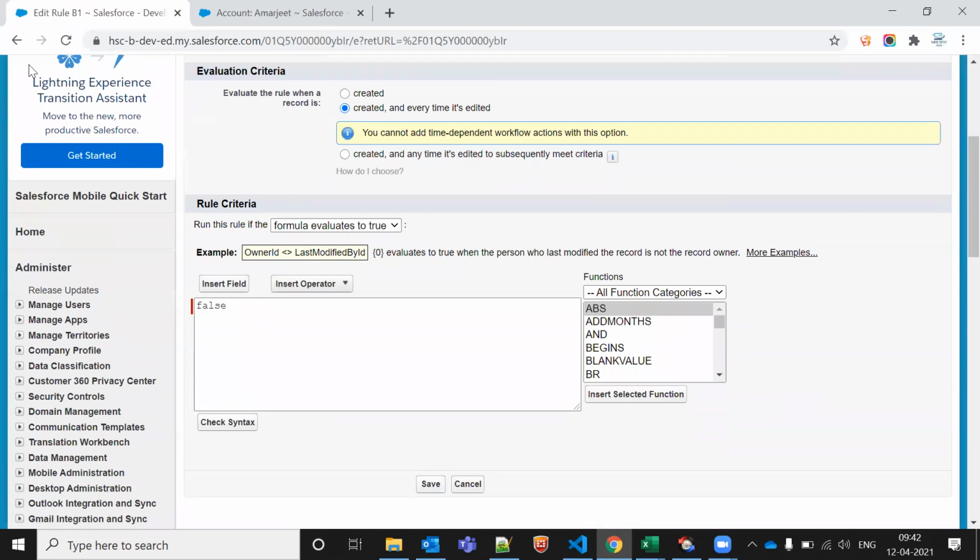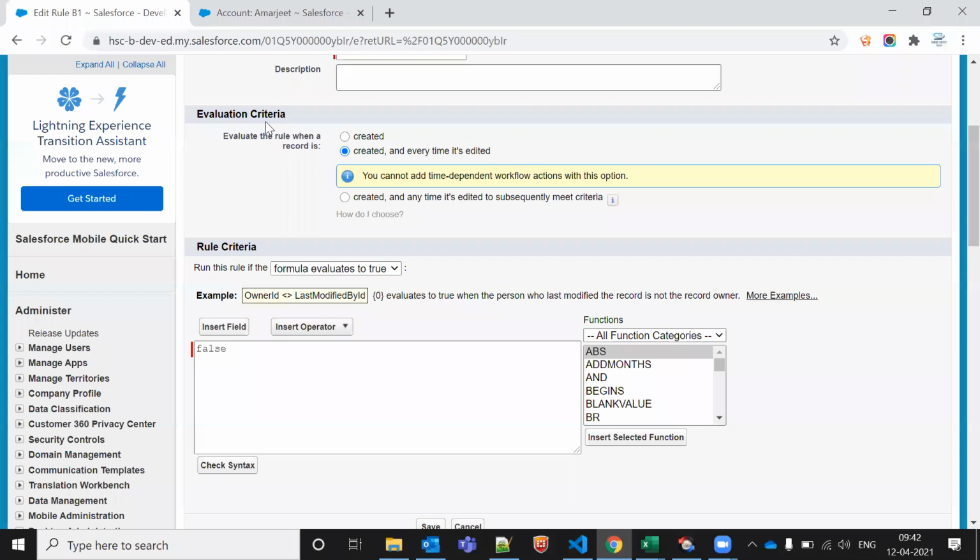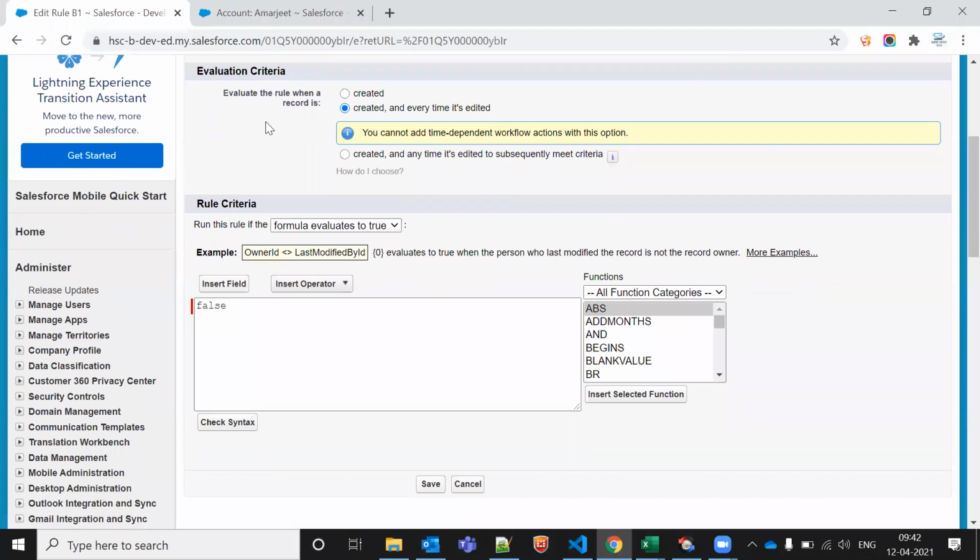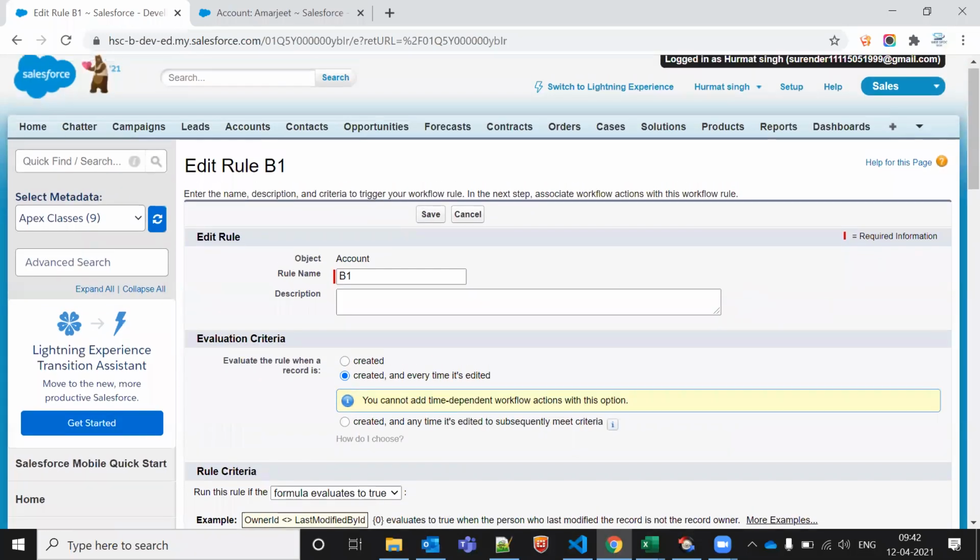Okay. Amarjit, can you please explain again? I did not get any clarity on this. Yeah. So Manasa, what he is doing is, we always write some conditions to make a workflow fire, right?